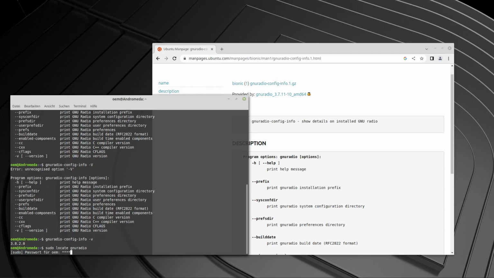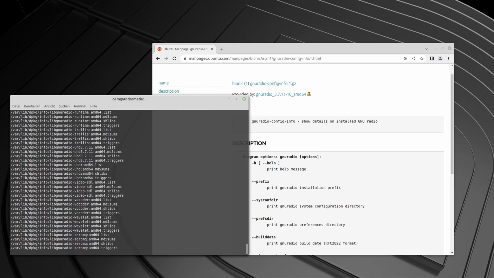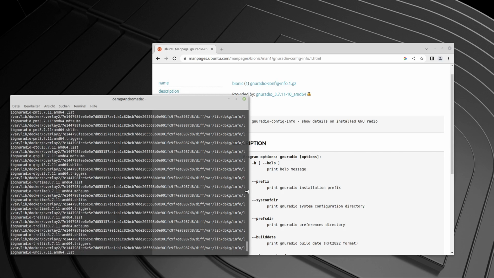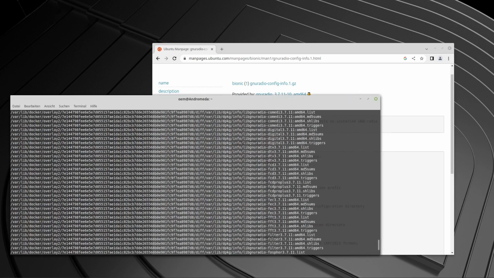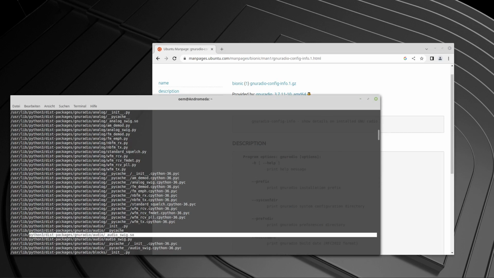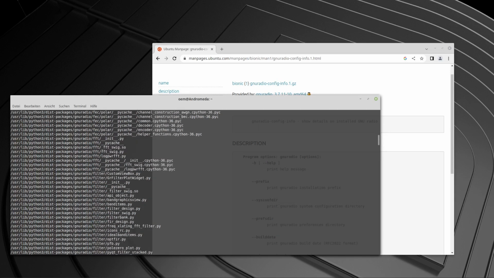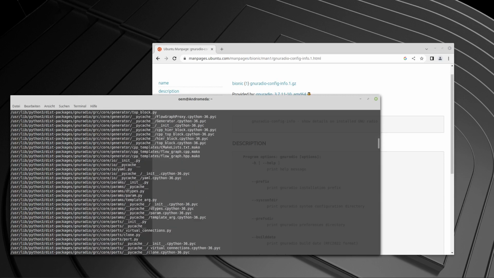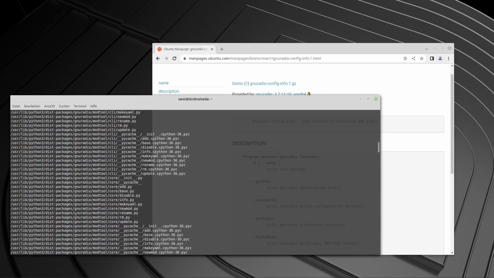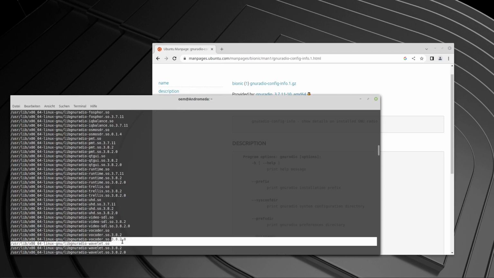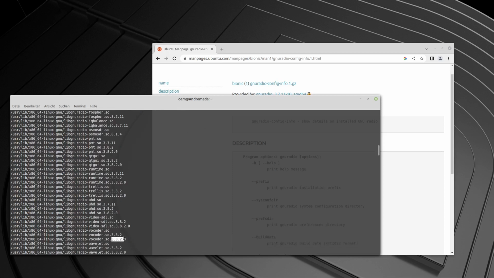We need to type in the password. Okay, let's see what we can take from it as information. Let's make it a little bit more readable. Yes, so I've done some work before, I think, in this direction. I mean, everything that regards GNU Radio and Python. And okay, let's just cut it. You see here 3.8.2. Those are the actual